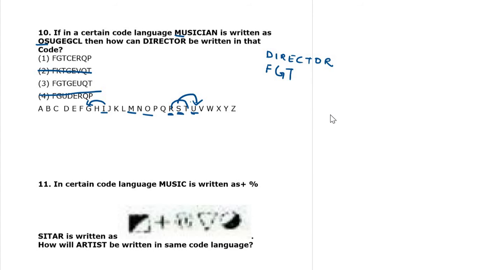Fourth one. I to G, reverse order again. Fourth letter is here E. E, reverse order one more push. C. F, G, T, C. This is the answer. Here it is G, therefore not correct. So the answer is the first one. We can find the next four options also. Okay, check it.